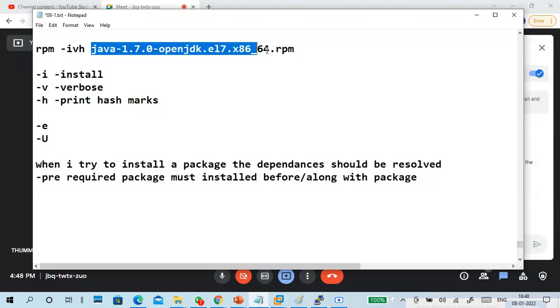Understand, guys? When I try to install this one, any prerequisites required must be installed before installing this package.